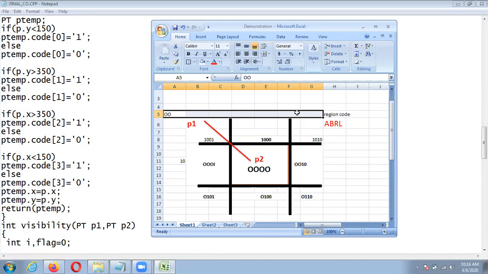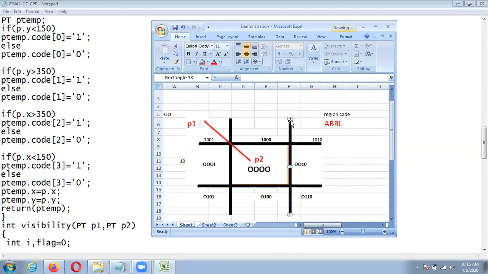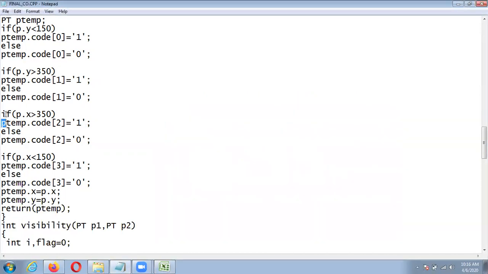So this your 350 is over here. If it is greater than 350, then we can say that point is at the right side of the window. Yes. But it is less than. So this condition becomes false. So else will be executed.